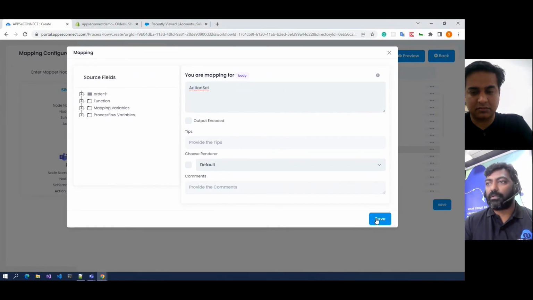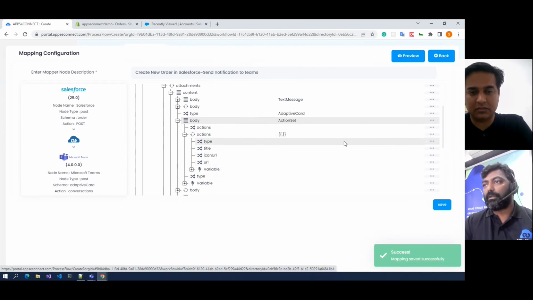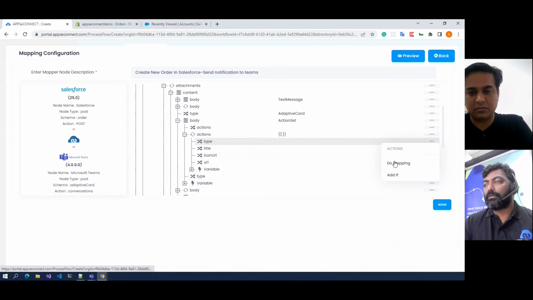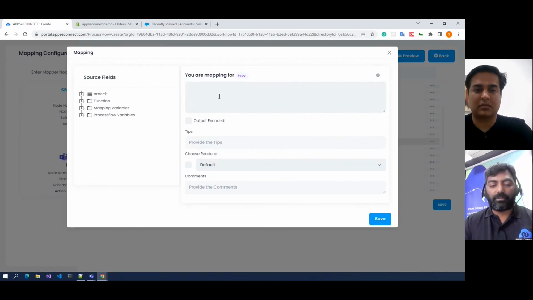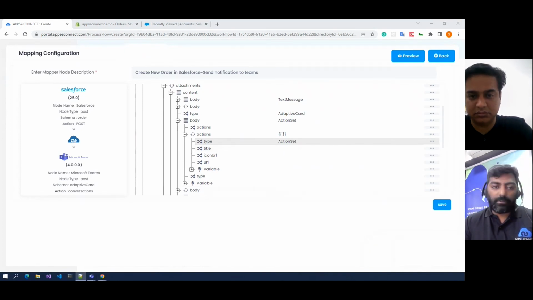Because we want to give a button over there, and from that button anyone can click and go directly to the Salesforce order. Action type